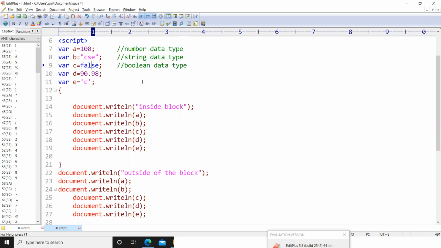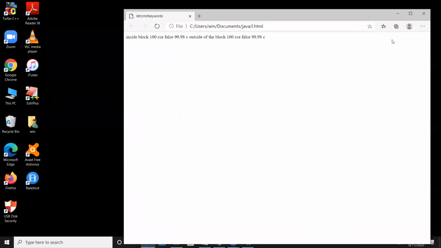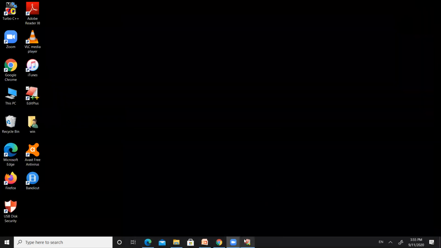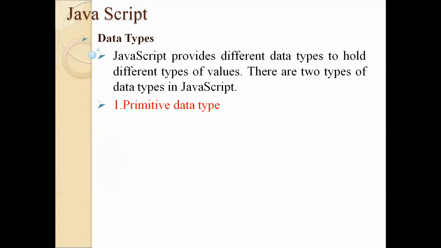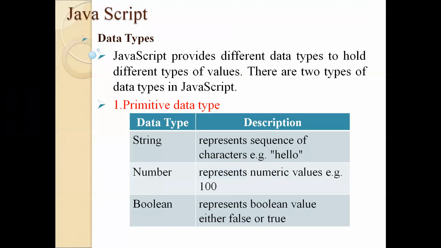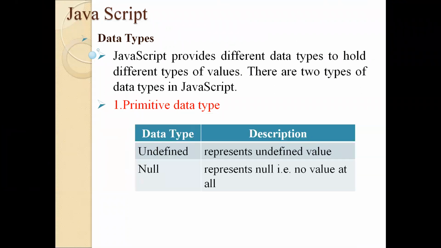At the same time, all these data types are called primitive data types. These data types come along with the programming or scripting language. So we all know that if any data type comes along with the programming language, then those data types are called primitive or default data types. And the data types which we create on our own are called non-primitive data types or derived data types. The same thing is common in C, C++, Java, Python, and so on. In JavaScript also it is the same, right?